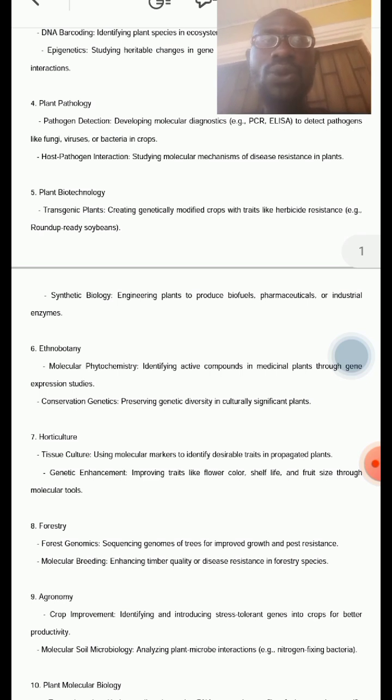So there's no genetic barrier or biological barrier. You can transfer genes from plants to animals and vice versa. And this is under plant biotechnology. Or there's what we also call synthetic biology, where you engineer plants to produce biofuels, pharmaceuticals for industries, and different enzymes. You can create hormones and enzymes like insulin and other bioactive compounds that will be under plant